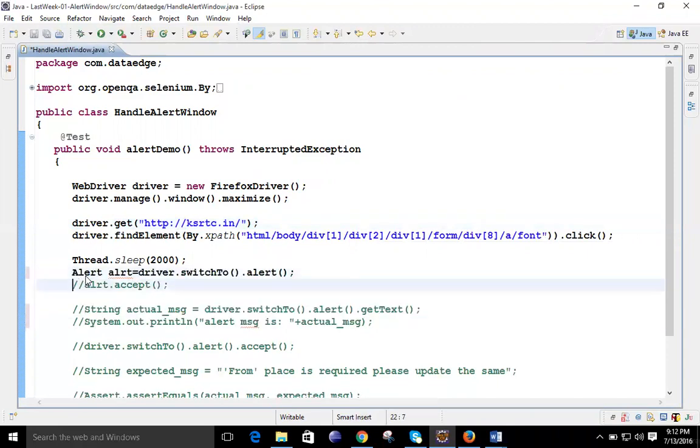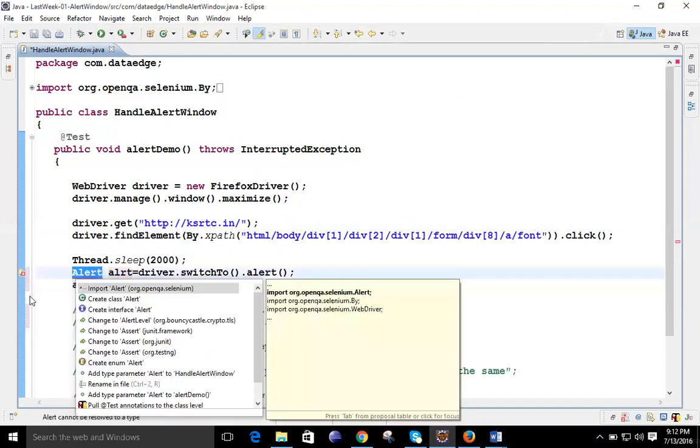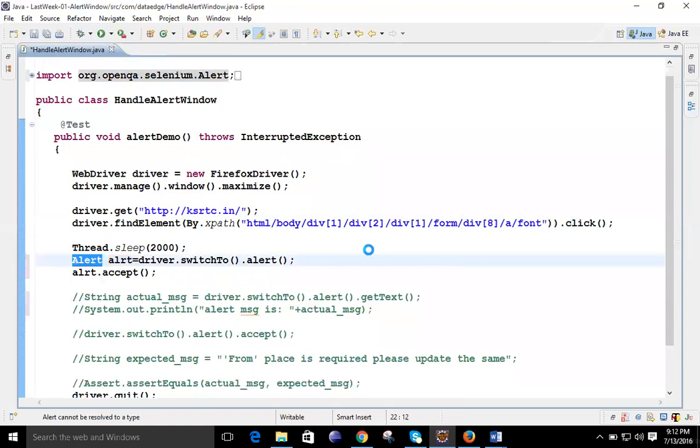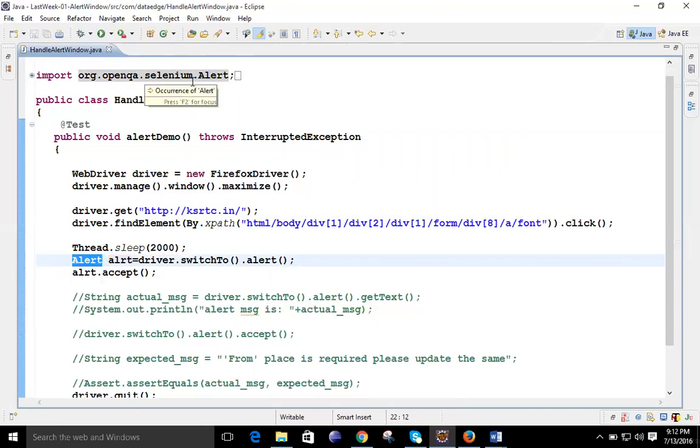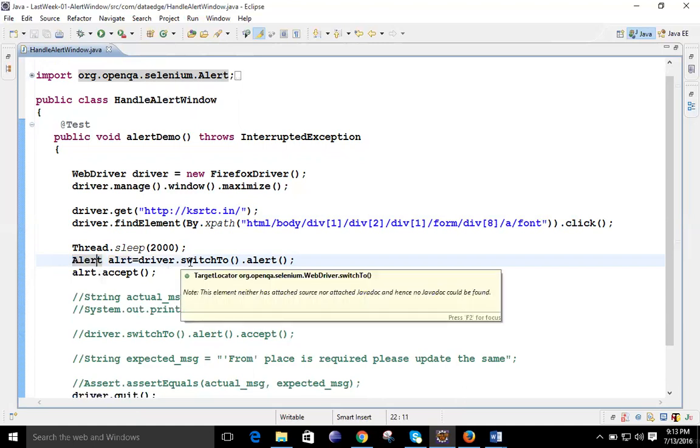We have different facilities. We have one class, and that class name is Alert, and that is present in Selenium only. For that you don't have to add separate jar files; it will take from the Selenium standalone server. We have the facility: Alert object equal to driver.switchTo.